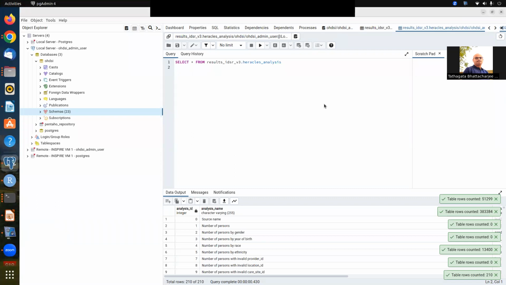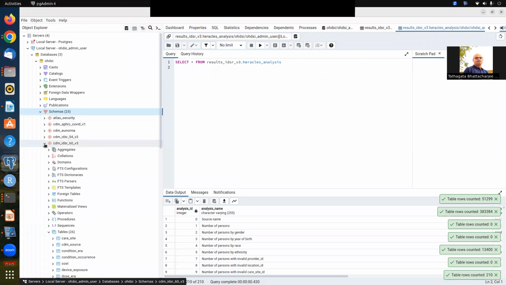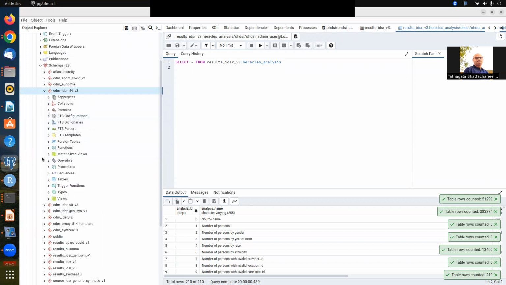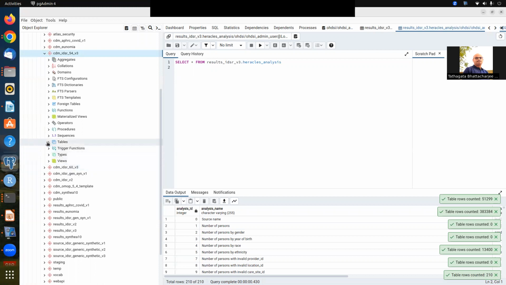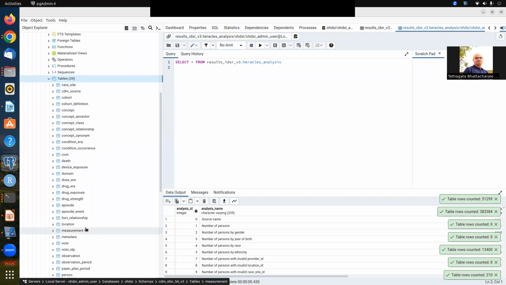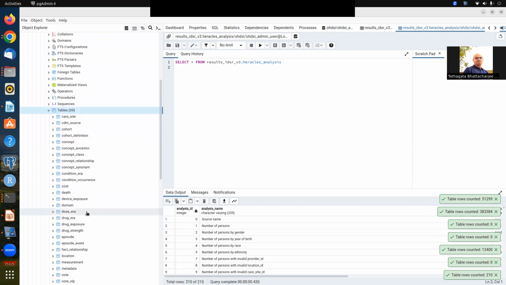So all the databases and data sets that we have produced are being put in a PostgreSQL database. The example I'm demonstrating here shows a lot of database schemas under a database called OHDSI. Here we're talking about a schema called the CDM IDSR 5.4 version 3, and the ETL has produced all these tables, which are the standard OMOP version 5.4 tables. So these tables have been populated,